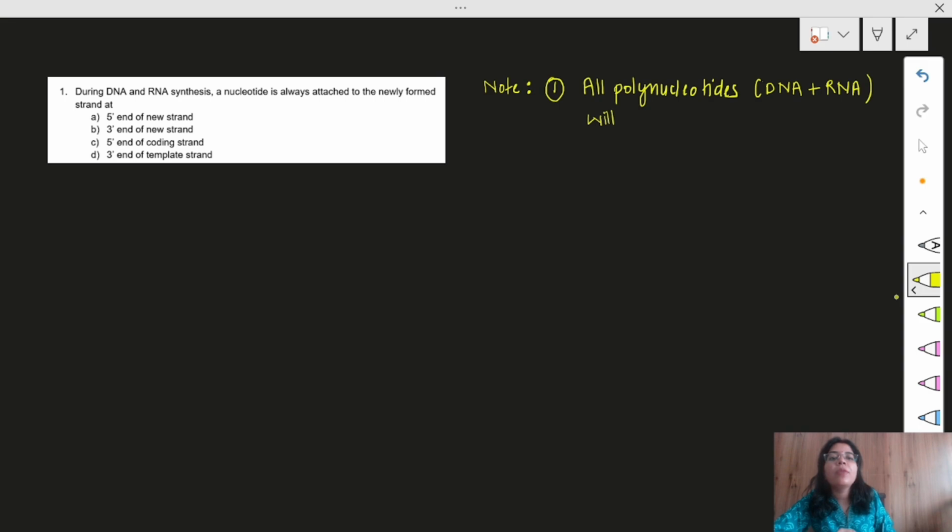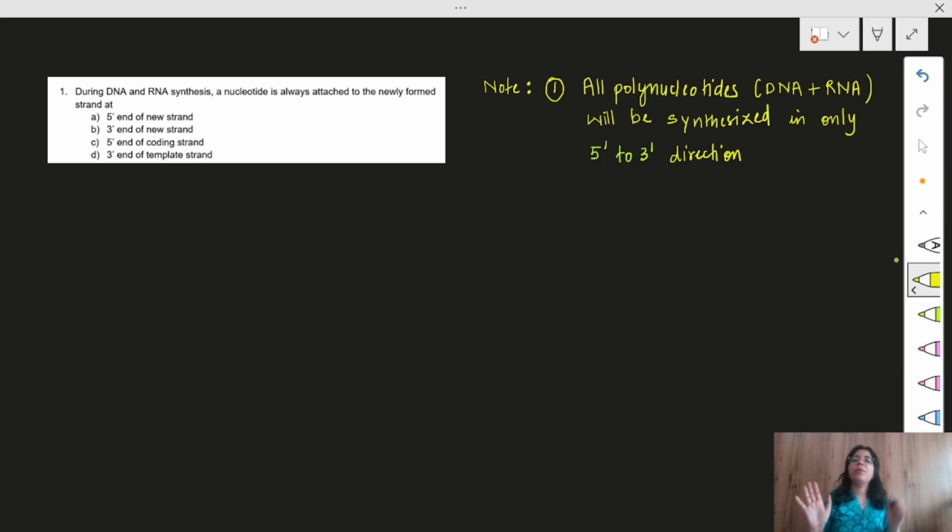all the polynucleotides will be synthesized in only 5' to 3' direction. This is what you have to learn. 5' to 3' direction. Second point you have to remember, 3' OH is required